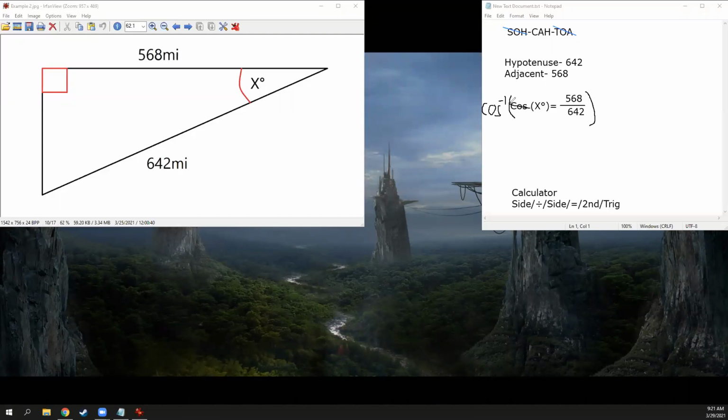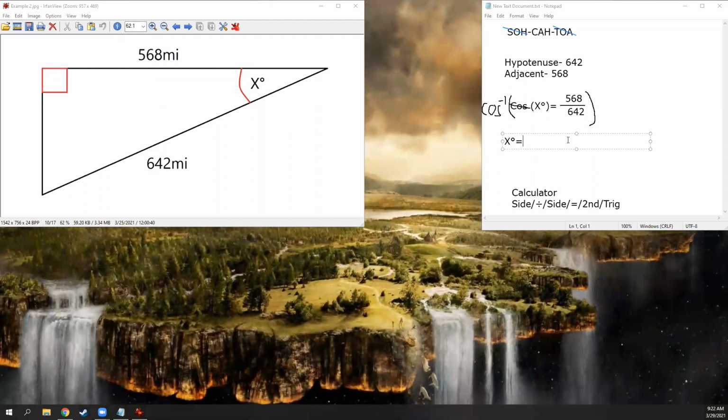So, yeah, cosine to the negative one, inverse cosine to both sides. This cosine cancels out. And then you're left with x degrees equals cosine to the negative 1 of